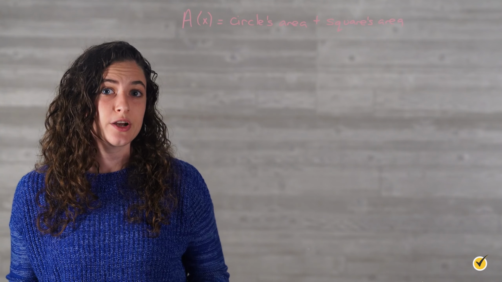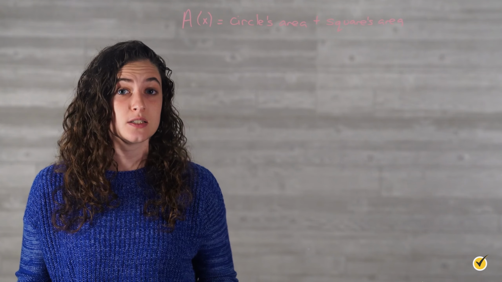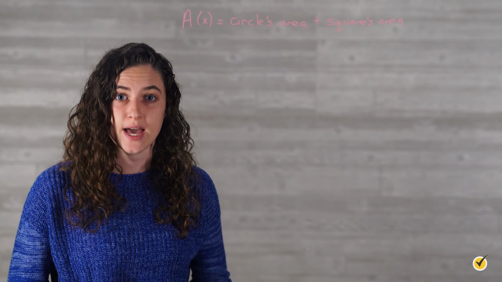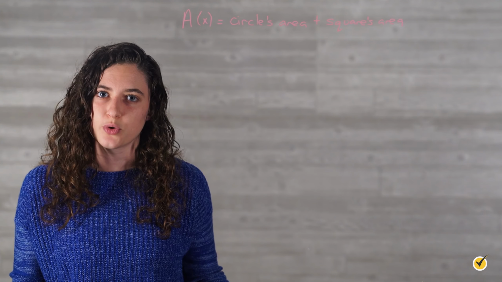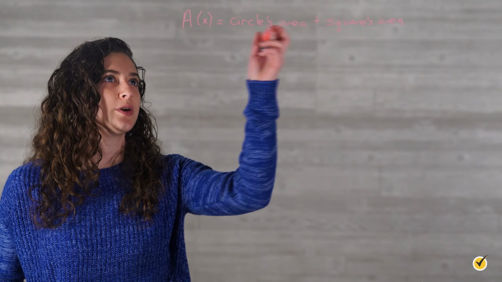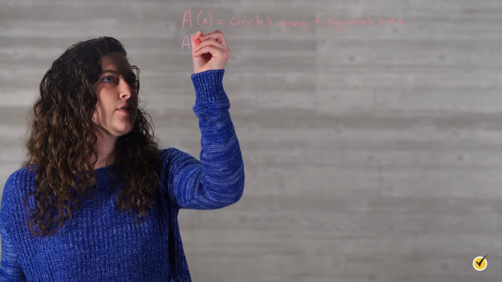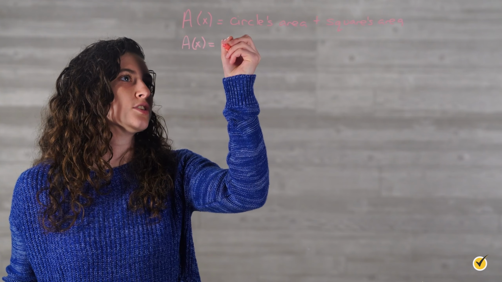The area of a square is equal to its side length squared, and the side length of Lisa's square will equal 1/4 of x. So the square's area will equal (1/4 x) squared, which is 1/16 x squared. So let's plug that in for our square's area. We'll have A of x is equal to the circle's area